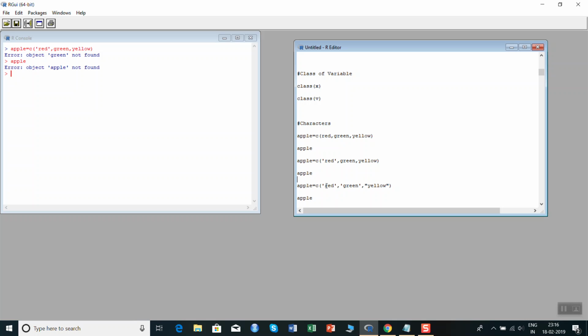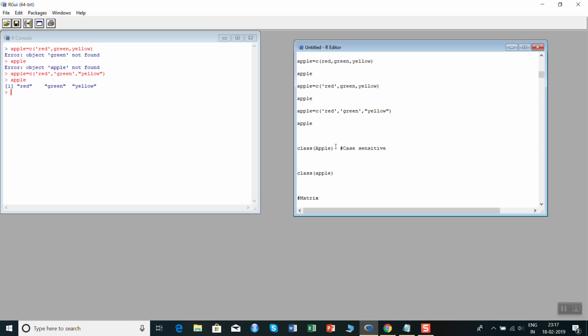I am giving one type of inverted comma here and two inverted commas there. So will it take? Let's see. Yes, it's taking. But is it taking the right values? Let's see. Yeah, it's taking. It is even making the single inverted commas into double inverted commas, right?